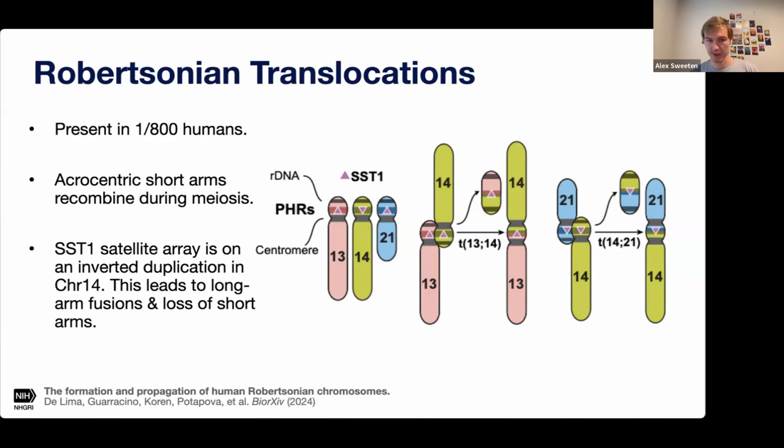So as a result, when these pair up in the pseudohomologous regions, sometimes they can pair up in an inverted manner. What this leads to is that instead of the normal pairing where you have short arm to short arm, long arm to long arm, you can mix and match. So the end result here is that you have a chromosome fusion of either 13 and 14 or 14 and